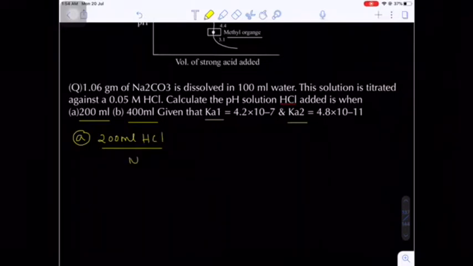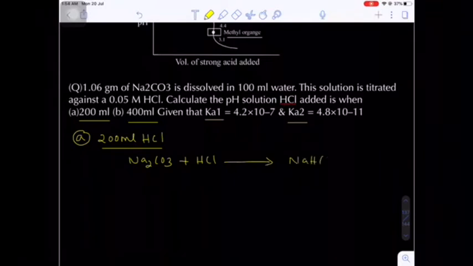First question, when we are adding 200 ml of hydrochloric acid. Now here in this acid base reaction, do you know Na2CO3 is a salt of a weak acid and strong base. Now it is treated with whom? Hydrochloric acid. Okay, now here first of all you have sodium bicarbonate